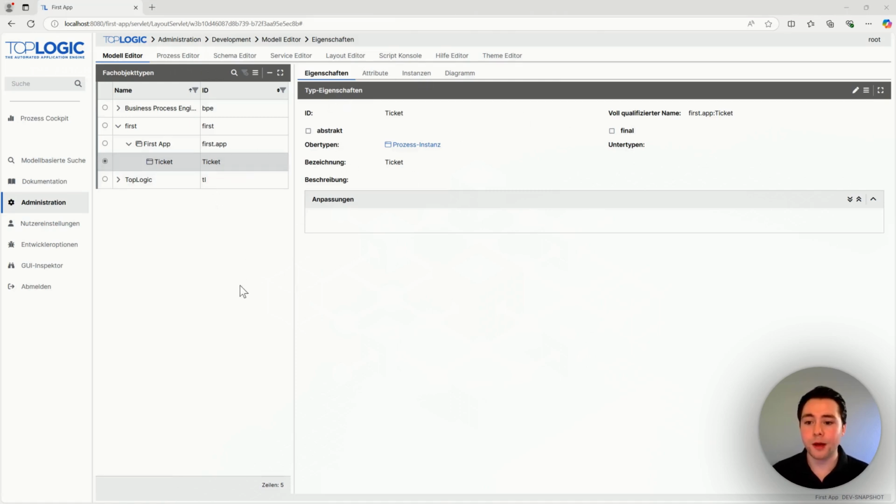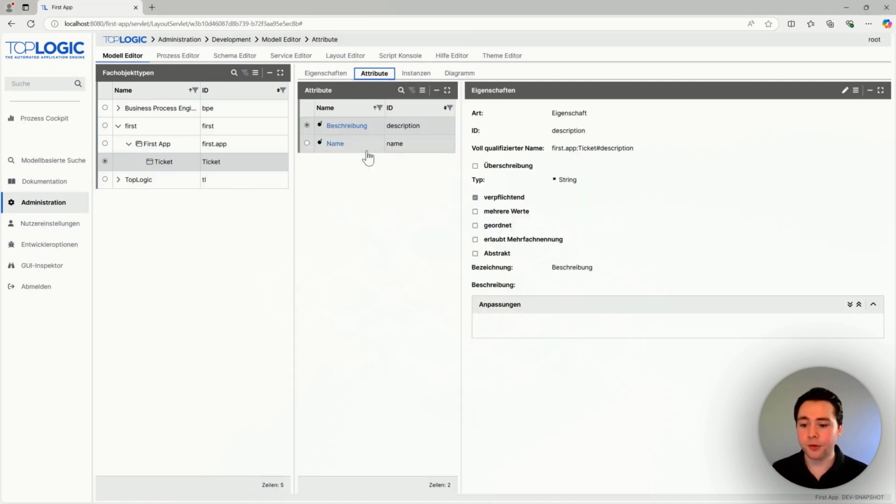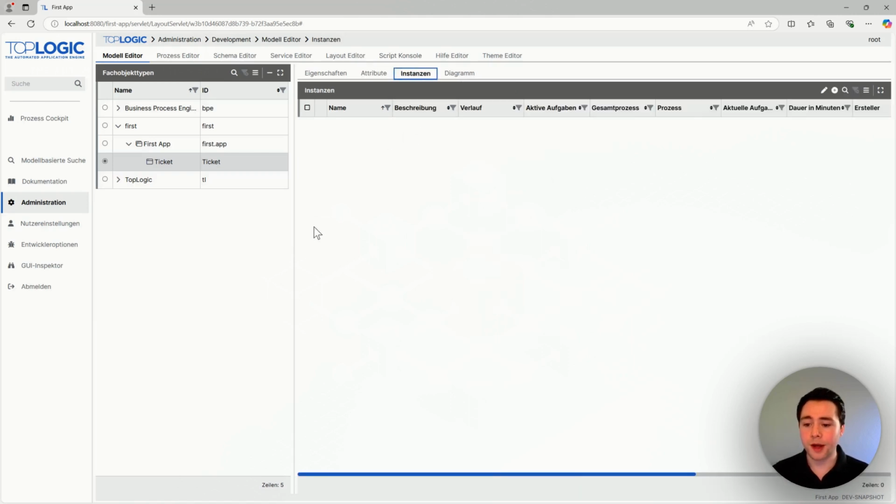We have a Properties tab for viewing and editing details of the selected object types. We have an Attribute tab, which allows us to manage the characteristics of our classes and enumerations. So in this case, we have 2 attributes belonging to the ticket class, and we can also configure the properties of each attribute. We have an Instance tab for creating and viewing the instances of our object types, and we